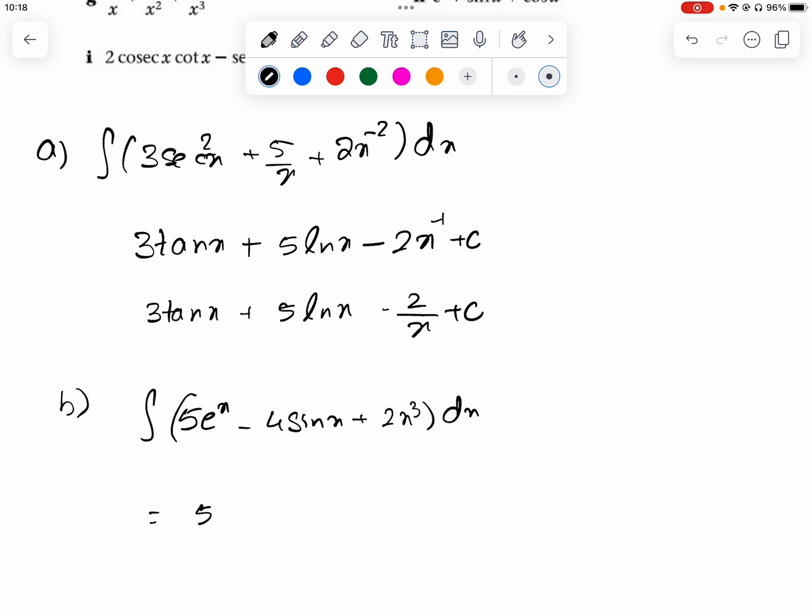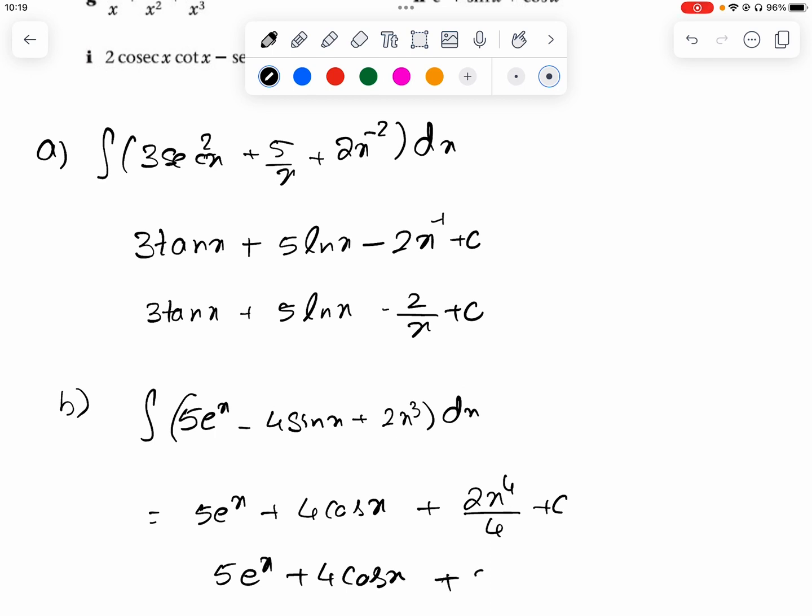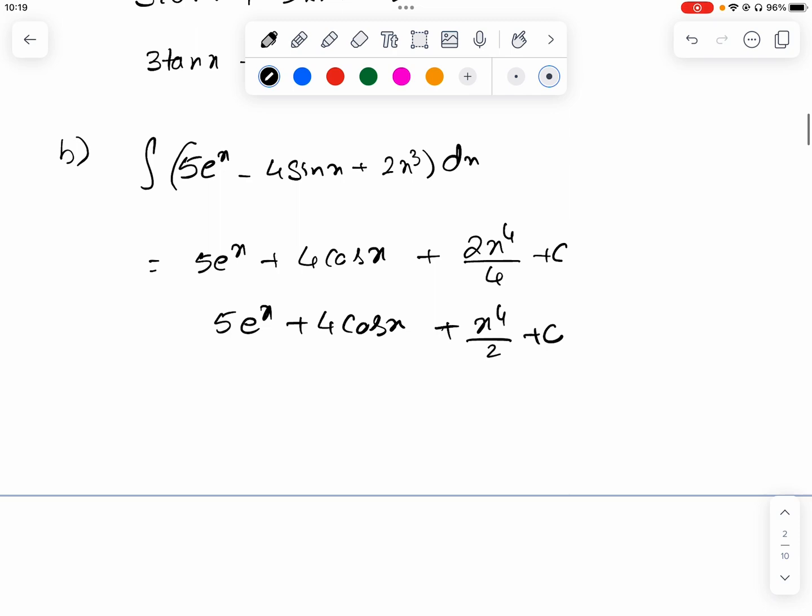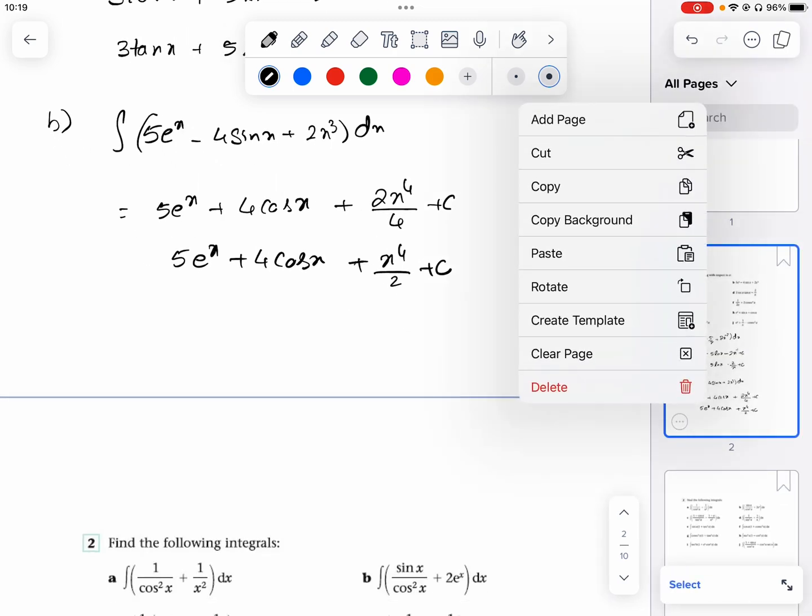So it becomes 5 e power x plus 4 cos x. Integral of sin x is negative cos x. Then x cube integral is 2x power 4 upon 4 plus c. Upon further simplification, what do I get? 5 e power x plus 4 cos x plus x power 4 upon 2 plus c. This is going to be the answer. Now coming to part C,